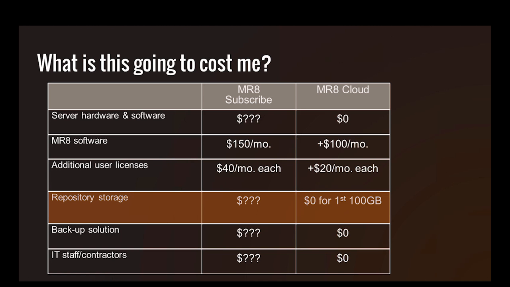If you have MR8 Cloud, you can add additional storage as needed. The first 100 gigs are included in the base price. For $50 a month, you can increase the MR8 Cloud storage to 500 gigs. With MR8 Cloud, you can add additional space by just letting us know. There are no necessary hardware upgrades you need to plan for. Running out of space will never be an issue.